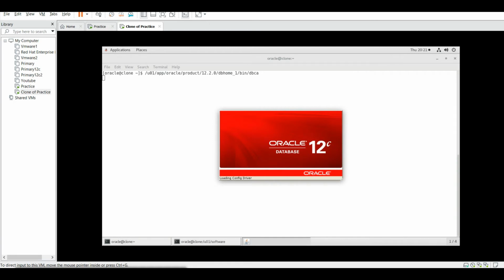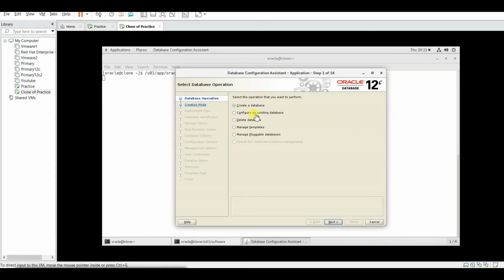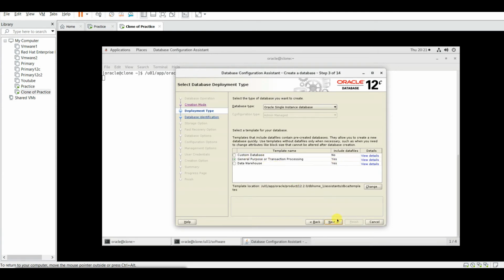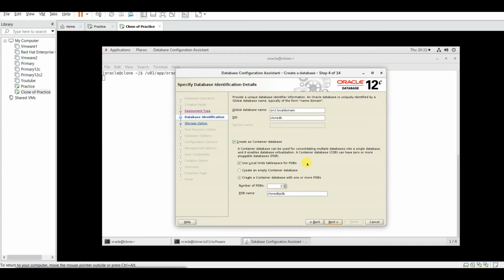This is initializing. So I'm taking the option to create database. Then next. Let me go ahead with the advanced configuration. From here you can select which database you want, whether it's a RAC database, RAC One Node database, or single instance. For me it is single instance. Let me give the name as CloneDB,